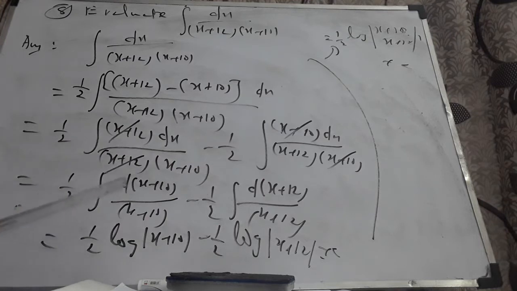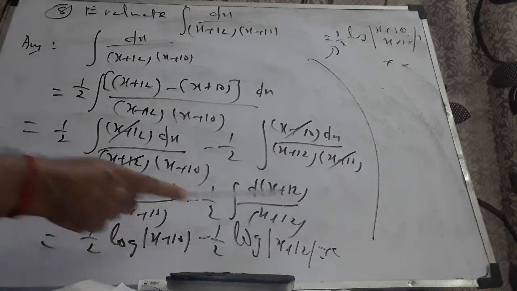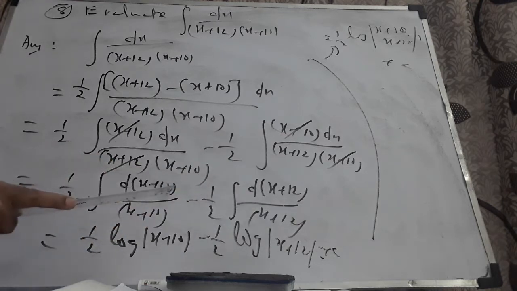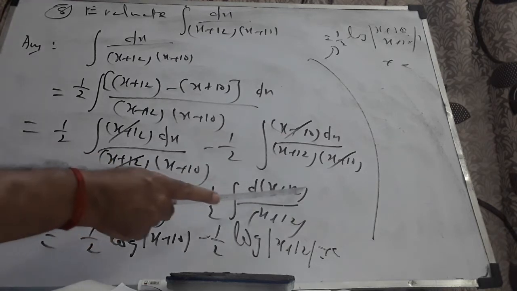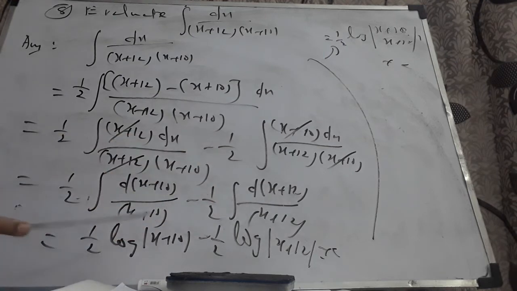Write it as 2 separate integrals. Here x plus 12 gets cancelled. Here x plus 10 gets cancelled. dx is the same as d of x plus 10. dx is the same as d of x plus 12. d of x is dx, d of 10 is 0. d of x is dx, d of 12 is 0. Now, the reason I am writing this is it's of the form dt by t, it is log. Because students used to write whatever may be the denominator, dx by something is log.